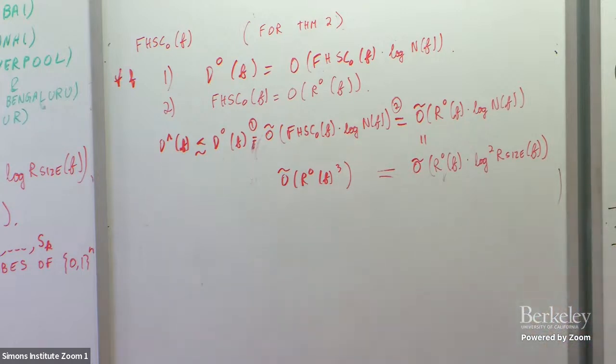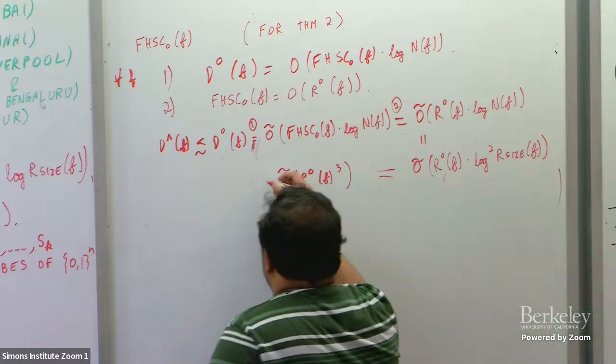And R0 of F, given a small zero decision tree, it's easy to come up with a small size decision tree. And I mentioned earlier that zero depth complexity is essentially